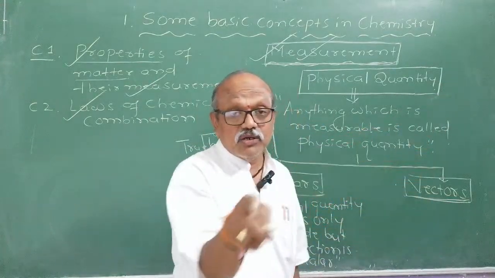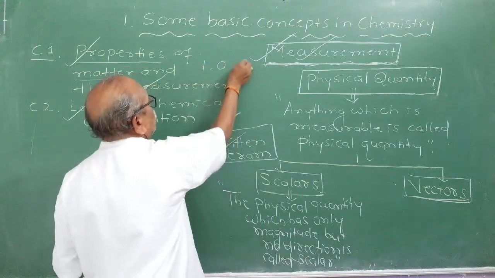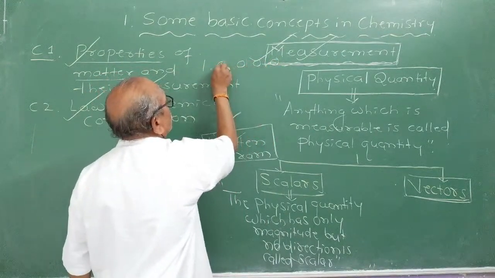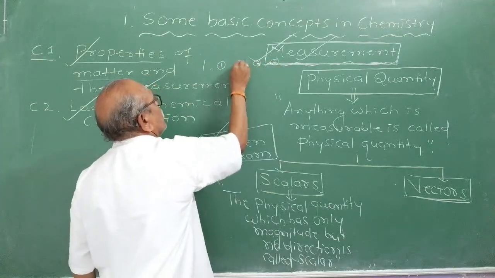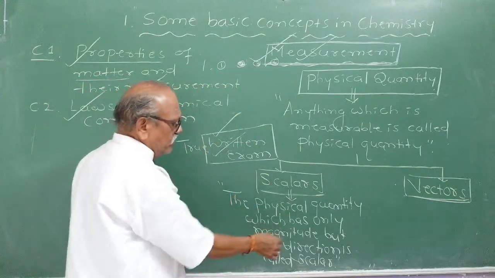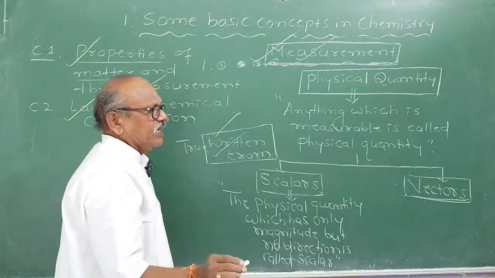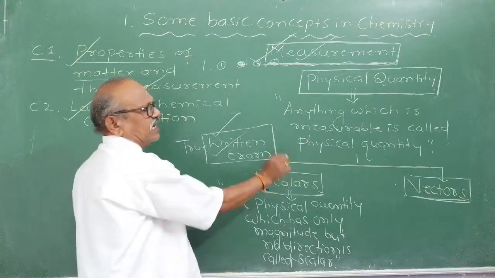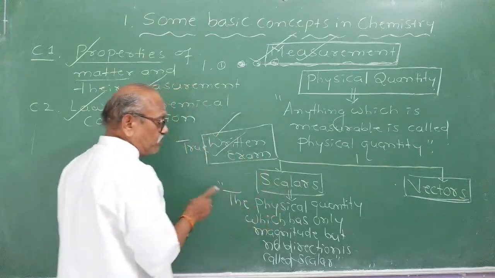A layman cannot write the written test, but in these objective tests, anybody can choose randomly from 1, 2, 3, 4 and mark it in CET, just by guessing. So there is no need of intelligence there. Here, whenever you write something, write it completely, meaningfully, grammatically, in simple English. If the question "What are scalars?" appears, try to practice it. Writing skills must be very good.